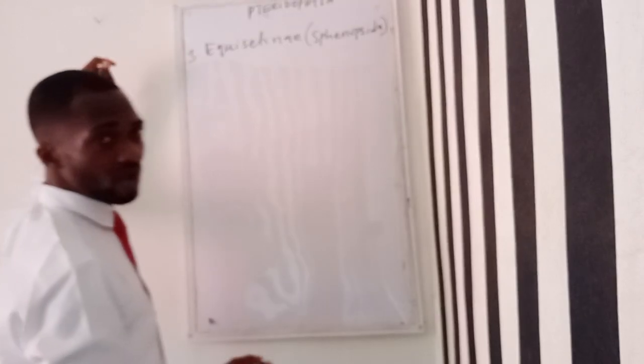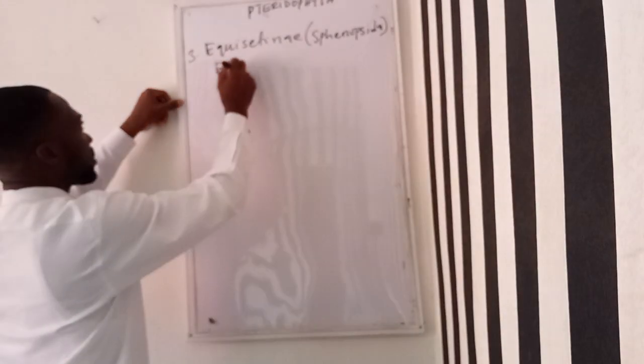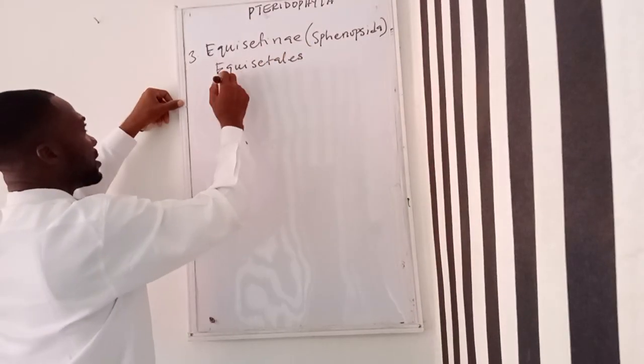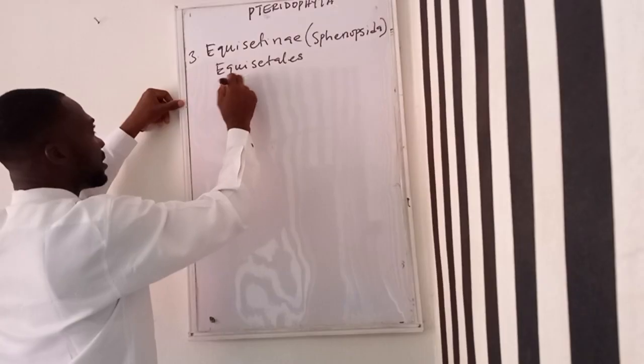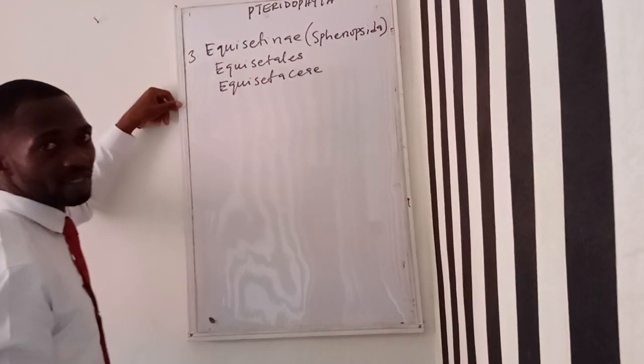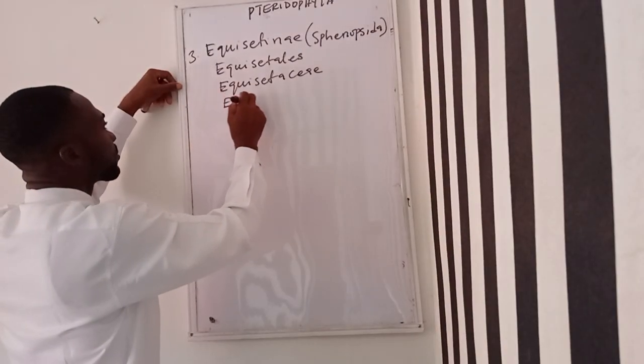The Sphenopsida or Equisetidae. Then it has just one order, Equisetales. Then it has the family Equisetaceae. Equisetaceae is a family. Then Equisetum